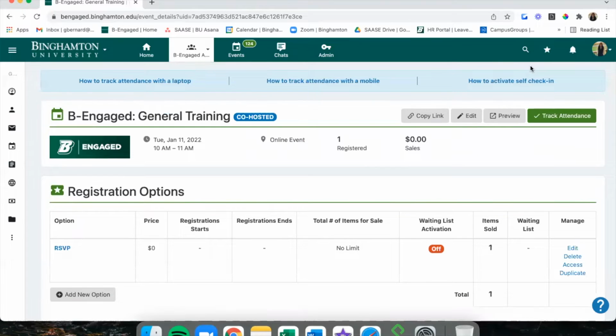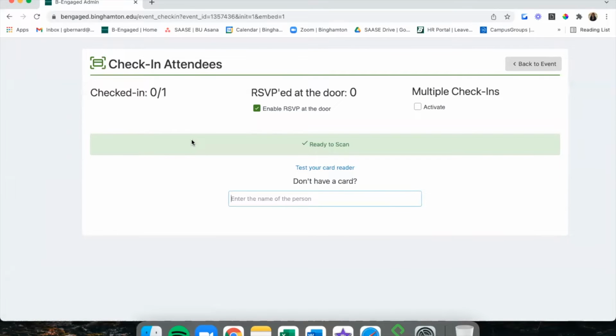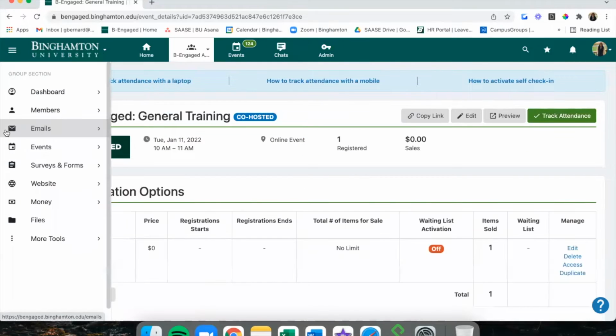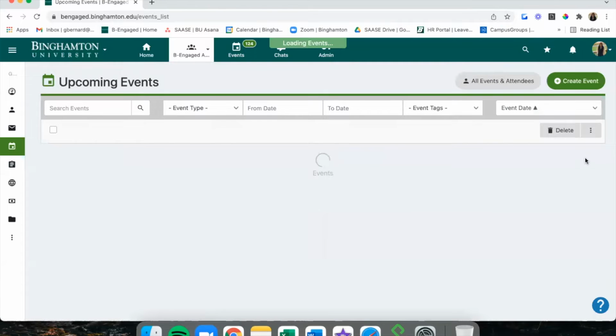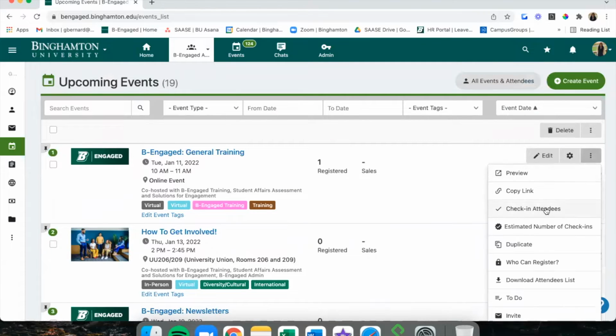That is the same option that corresponds to when you click track attendance and when you select track attendance with a computer. Except with the three little dots option, you're just clicking two things as opposed to three or four things in order to get to that screen.